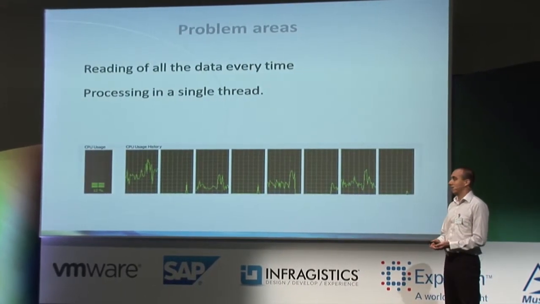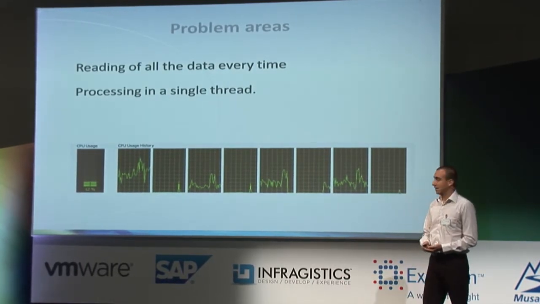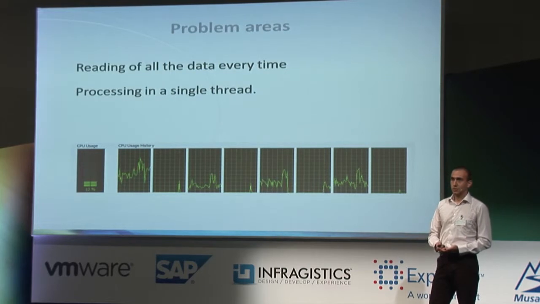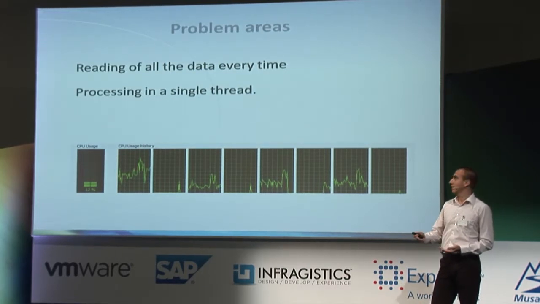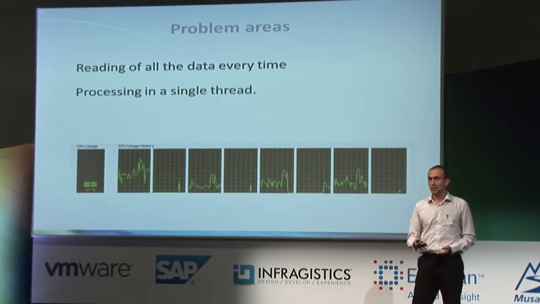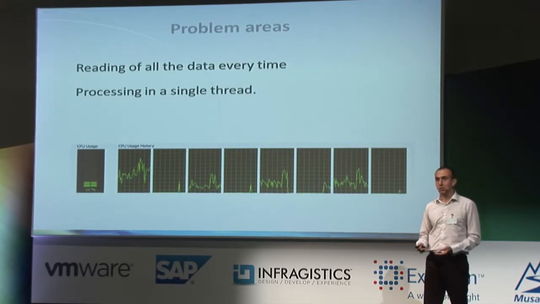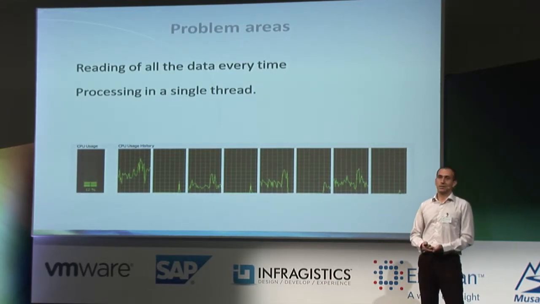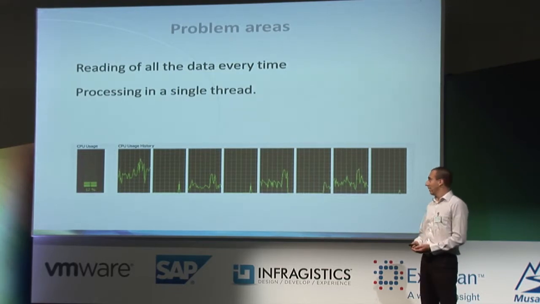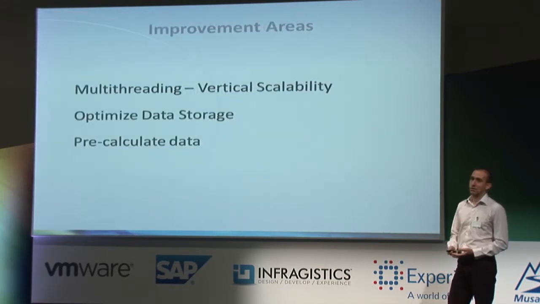So what's the problem? As Nikolai said just ago, it was a legacy application. So it was developed a long time ago, and it still reads all the data every time and processes everything in a single thread. So you can see on the graph here that, run on an 8-core machine, it utilizes only one of the cores. So this is one area of improvement that can affect the performance very much. Analyzing the system came up with a few areas of improvement.